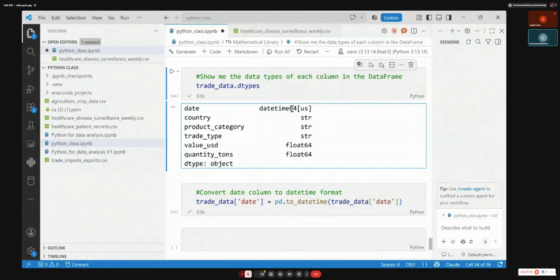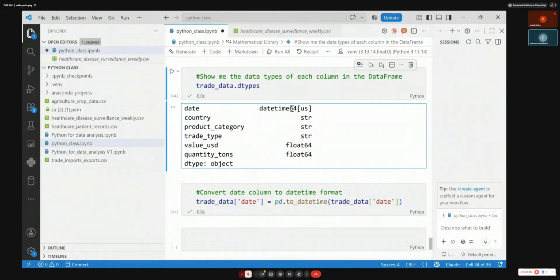Convert. Write it. Converting the date. Convert string to date.